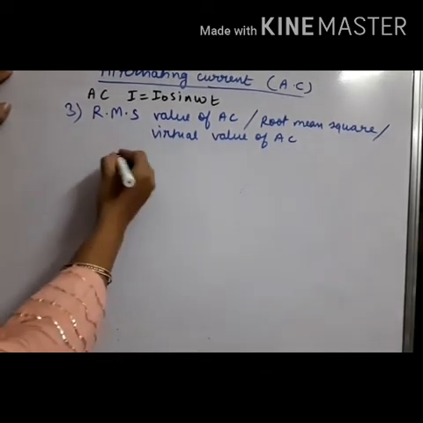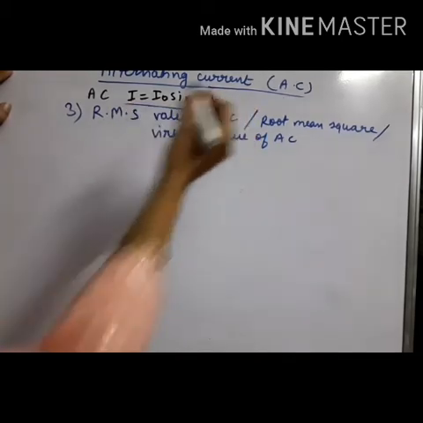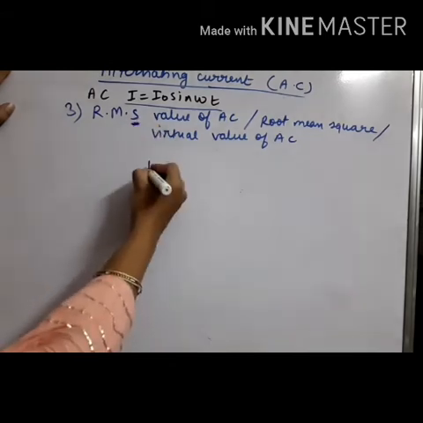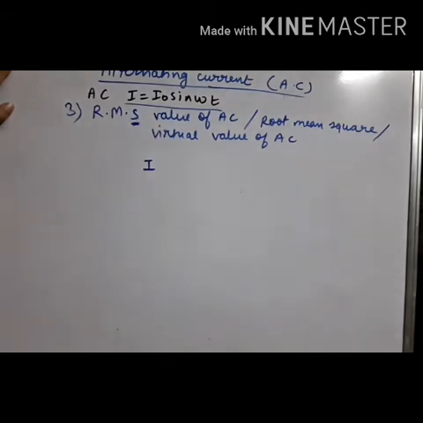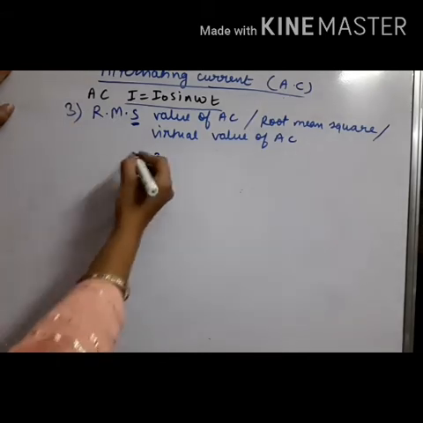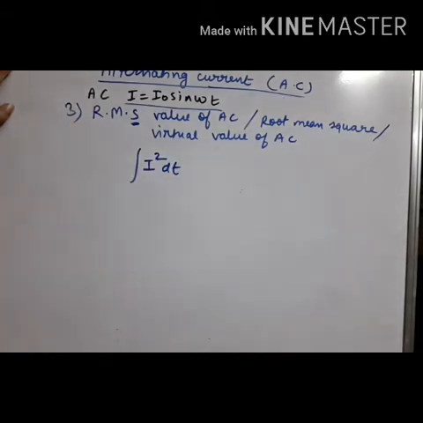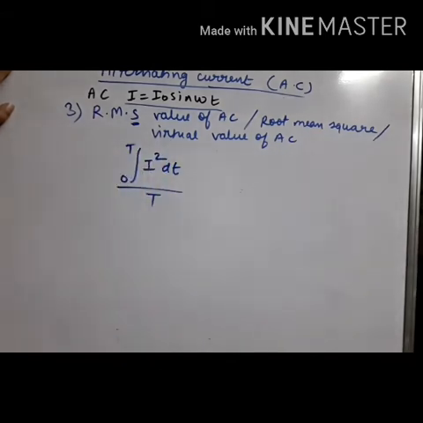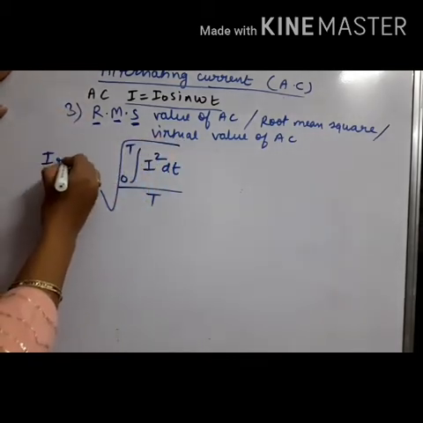So let us start now. Our current equation is I equal to I0 sin omega t. What we have to do? First of all, we have to square all the data. So our current data is I at any time. We have to square it. After taking the square, we have to take out the mean. So how do we take the mean? We do integration with respect to time. We take limits 0 to T and we divide by time. Then after taking out the mean, we have to take the square root. So when we take the root, this is called IRMS.